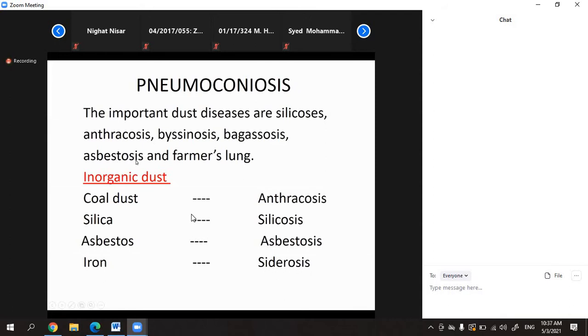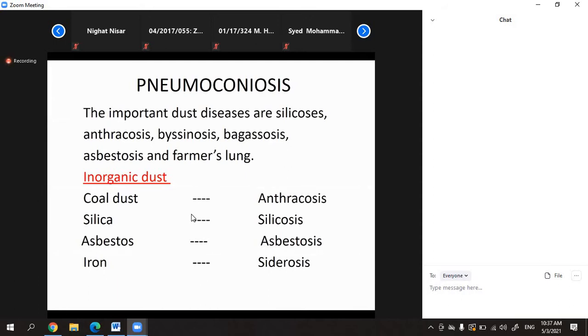Asbestosis is through asbestos particles while dealing with asbestos during work exposure. Bagassosis is from an end product of sugarcane, and it is common among sugarcane industrial workers. Then byssinosis is through cotton dust, anthracosis is from coal dust, and silicosis is from silica dust, which is involved in construction and